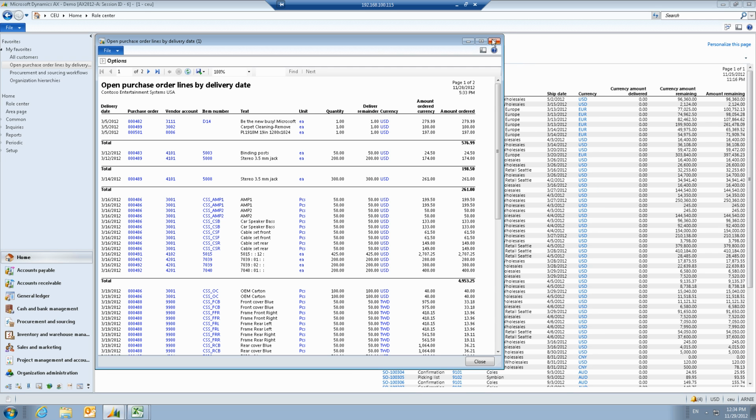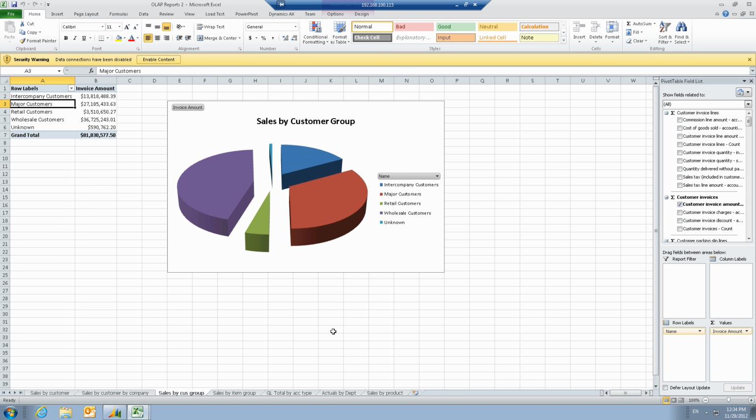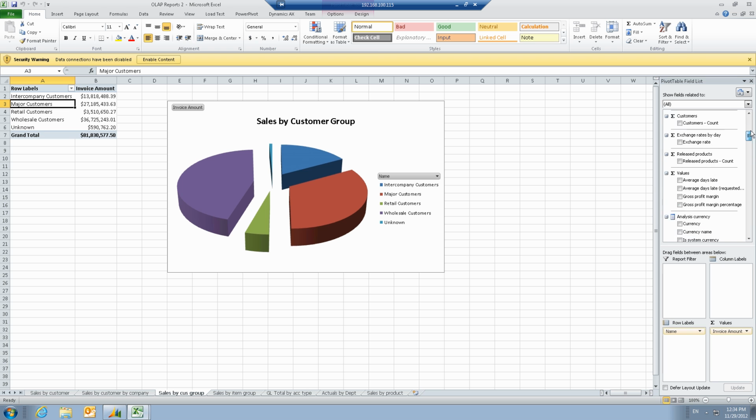One of the other examples I wanted to show you was an example of some of the analysis reports that you can extract from the system. In this particular case, I have a sales by customer group report in Excel using the pivot tables and cubes that are available to you through standard AX functionality. If I wanted to, for example, split this report by date, I simply find my date field from within my list. So I'll scroll down